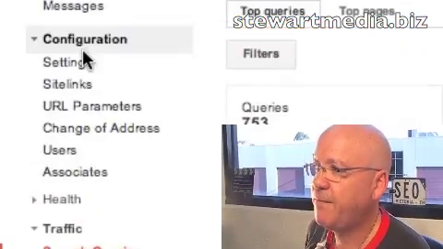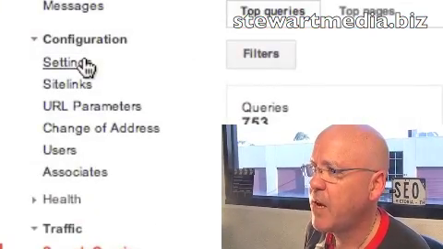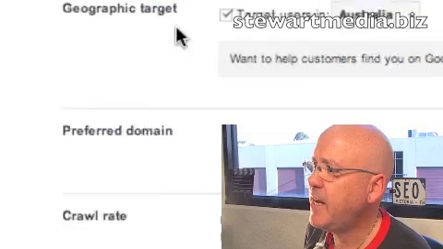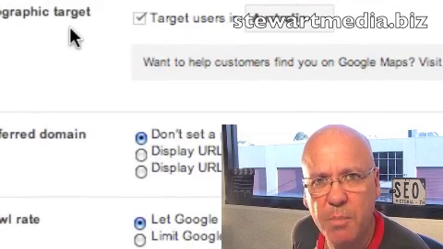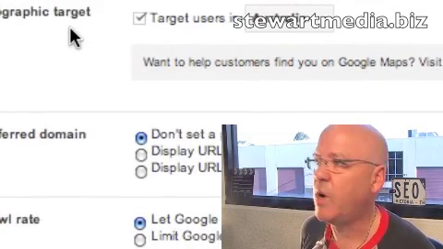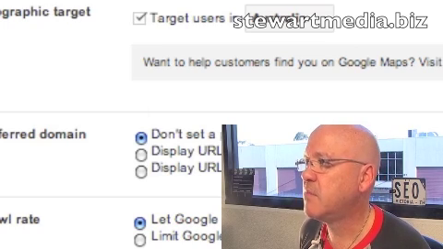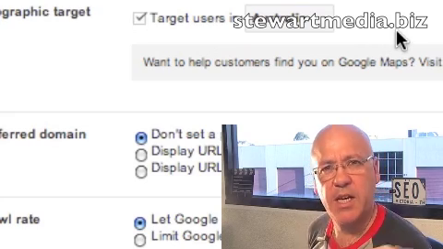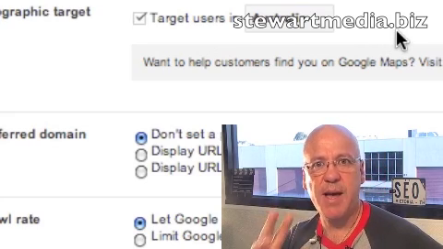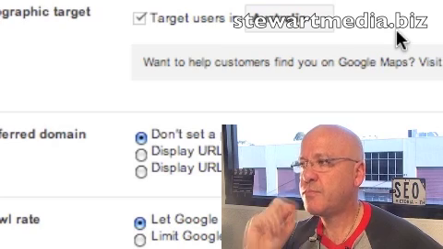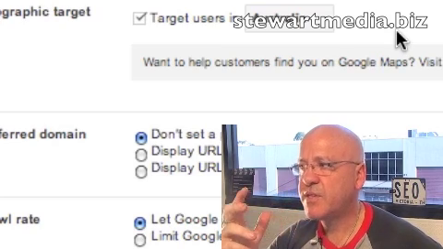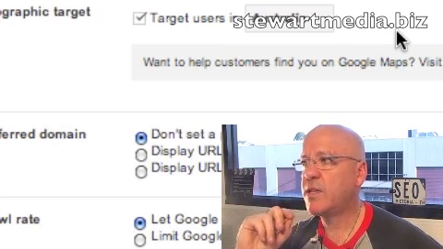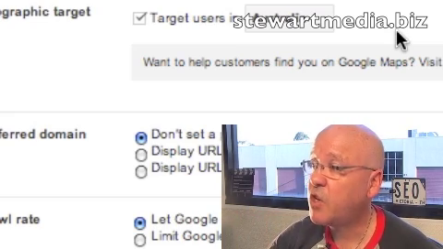And then what you can do is go into your configuration area for that new sitemap that you've set up. You go into settings, and you see here, we're a top-level domain name. We're a .biz essentially. We have a .com.au as well, but essentially we're a .biz. So we've said, look, target users in Australia. Now, you can only do that if you've got a top-level domain name. So if, for instance, we wanted to target users just in the US, then we could change that.